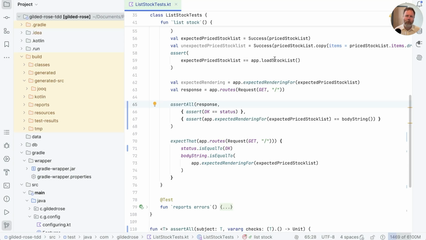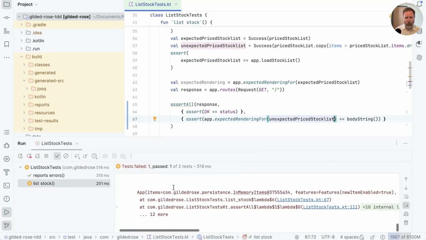Brian Norman from JetBrains, who wrote Kotlin Power-Assert, was good enough to give me some feedback on the last episode. One of the key things he pointed out is that we can enhance not only assert, the one that's assert Boolean, but also assert equals. And in particular, that gives us a bit of diff. So at the moment here, if we were to use unexpected price stock list in our assert and run this,